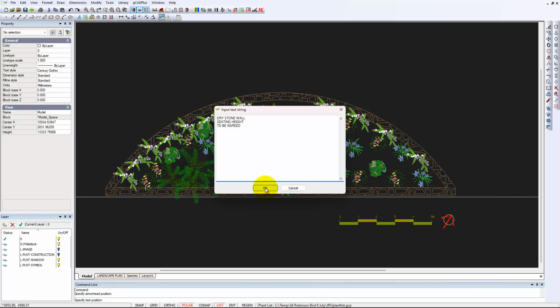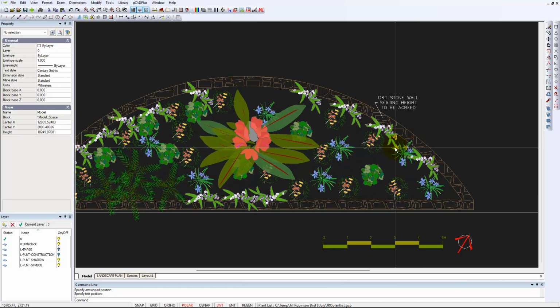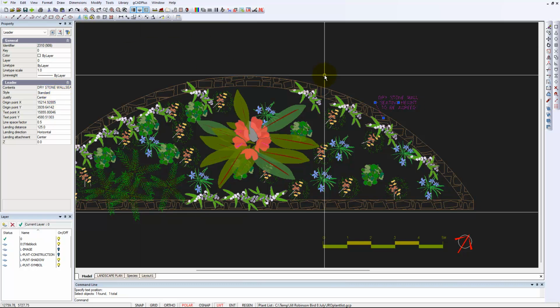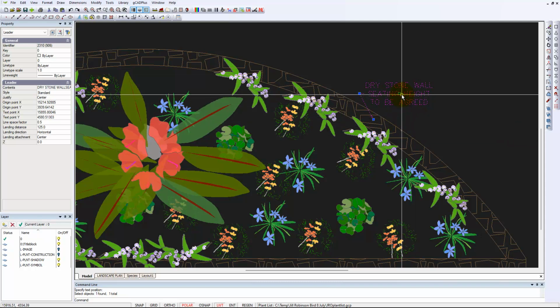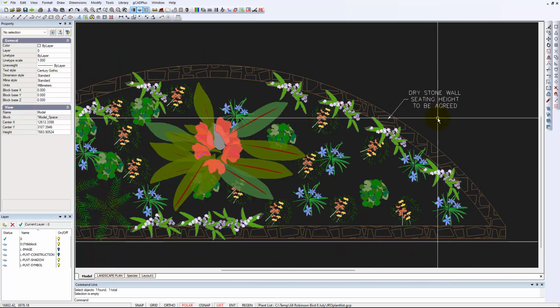Different owners might have different opinions about what constitutes seating height, and that goes in. If it's selected, it's known as a leader in the properties box. It has a particular style called standard, so this came from the default drawing that we started with. But notice that there are some grips associated with it. The fact that it's a leader makes it very easy to position and reposition if we